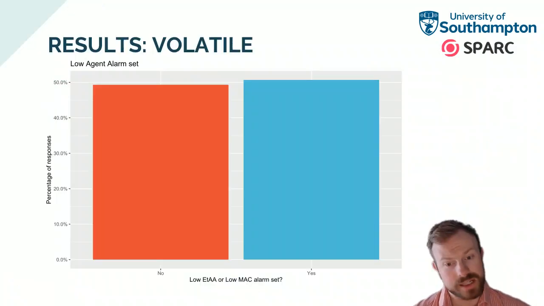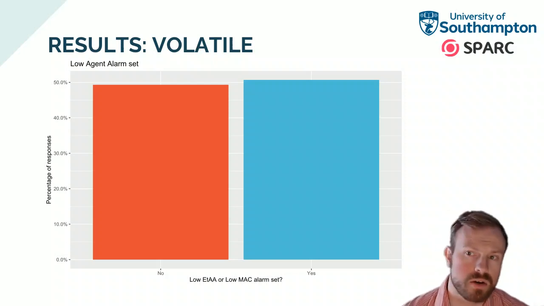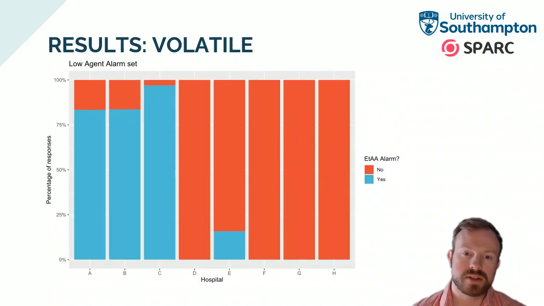And what you can see here is actually that low-end tidal agent alarms were, to be fair, set just over 50% of the time. So it's not perfect, but at least half of us are engaged with this, yeah? But the next slide, I think, really kind of gives the game away. It shows the same data, but grouped by hospital. And you can see on the left that there are 3 hospitals that have really good compliance, and then the remaining 5 hospitals have really poor compliance. And that quite simply is based on what their default alarm setting is. People aren't changing the default alarms.